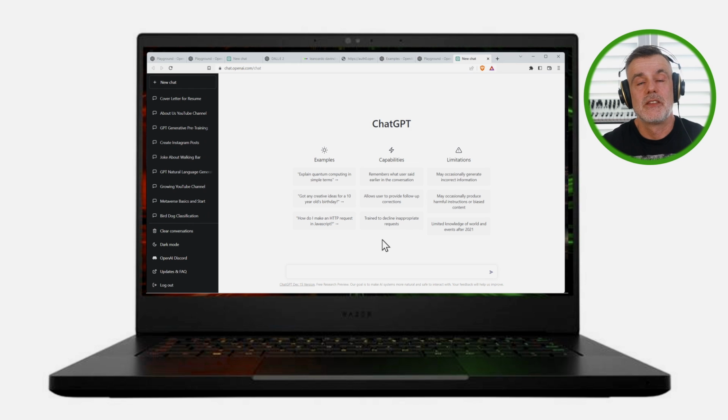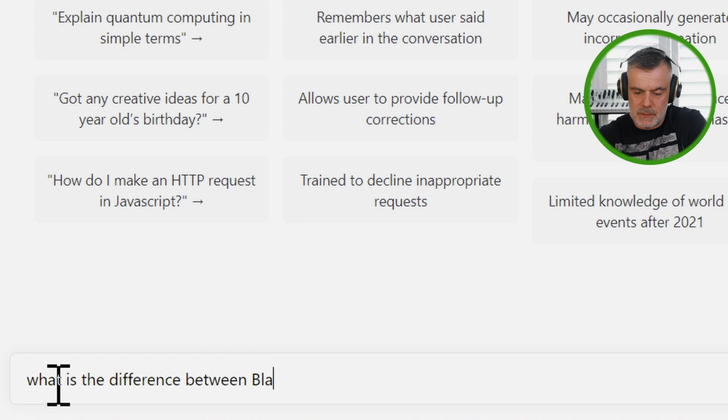Now, ChatGPT has been trained on a dataset sourced from the internet up until 2021, so it's not capable of providing results based on real-time events. However, it's clear to me at some point it may do so and could significantly change the way we interact online. The first question: what is the difference between Blade Runner